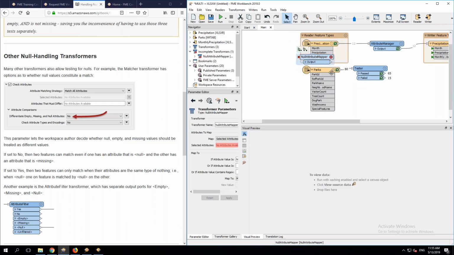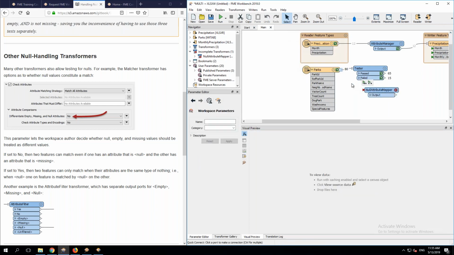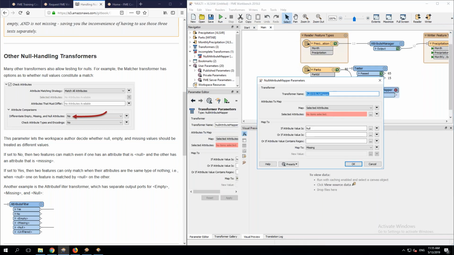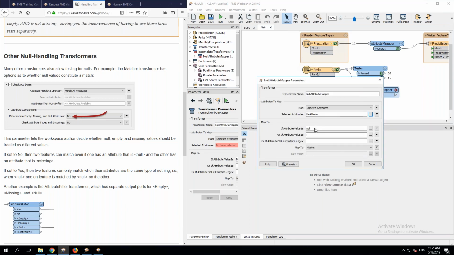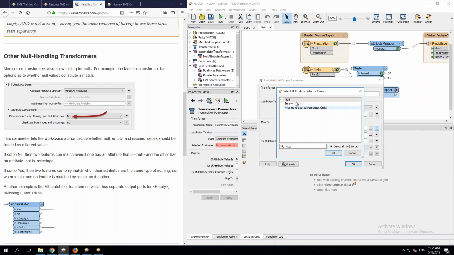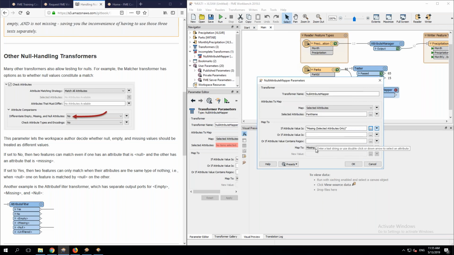So we can actually do something to this data. We can say, well, don't just test for that, but actually do something with it. So in other words, let's look for the park name. And we can set up a test that says if the attribute value is null or empty or missing. So in this case, I'm going to say if park name is missing, map it to null,